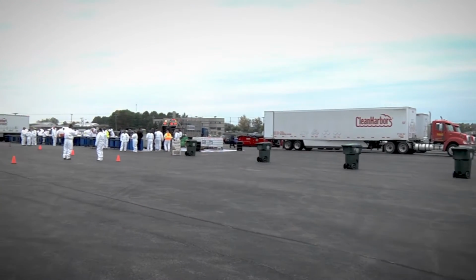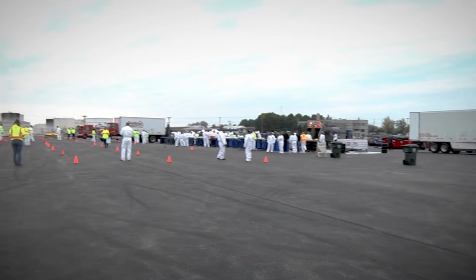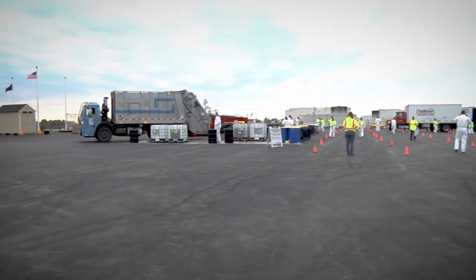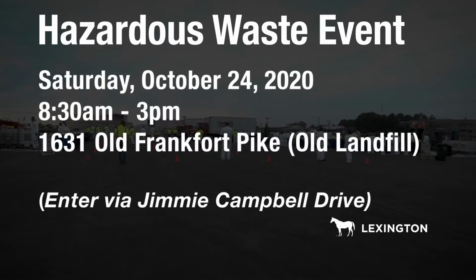Today we are out at our event site. This is actually Lexington's old landfill, closed many years ago, that's been repurposed to be a really wonderful large event site. The hours of the hazardous waste collection will be 8:30 a.m. until 3 p.m. We ask that all residents please help us out, help keep everybody who attends safe by remaining